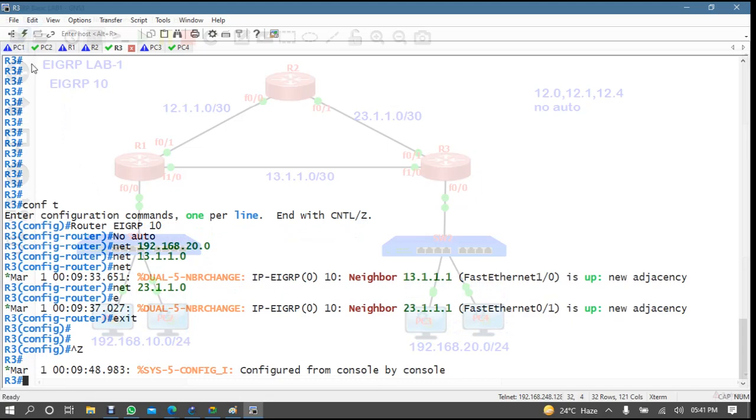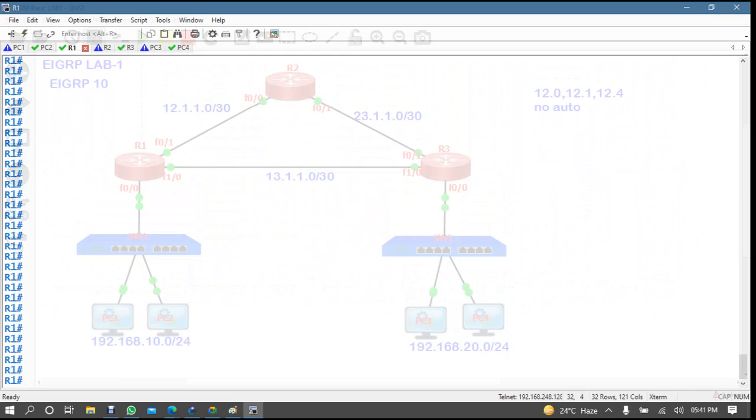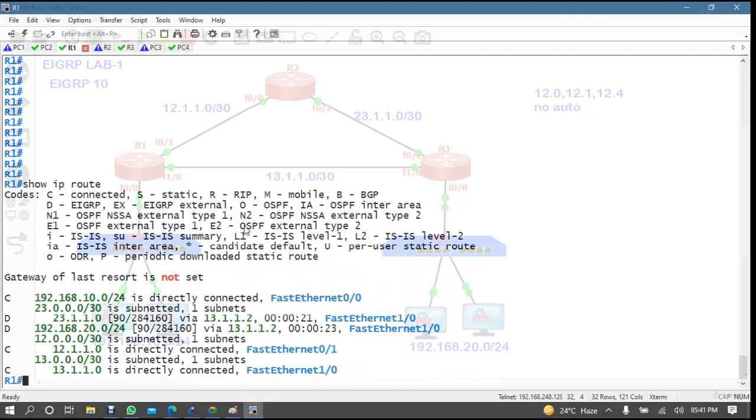So if I'm on router 1, adjacency is there. There are a few show commands you can write here. Show IP route first. D means EIGRP. So the neighborship is up. This is a metric. We'll calculate the metric as well, I'll show you the metric calculation. And you are getting this 20 network via R3 directly, not from R2, because this way the path is best.